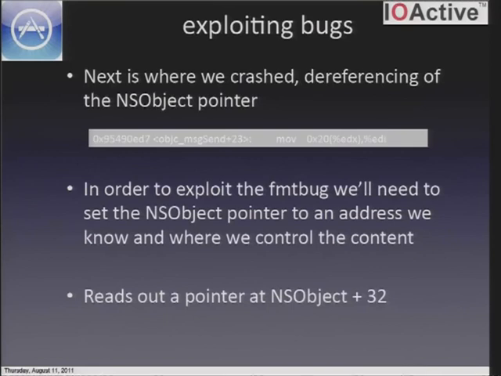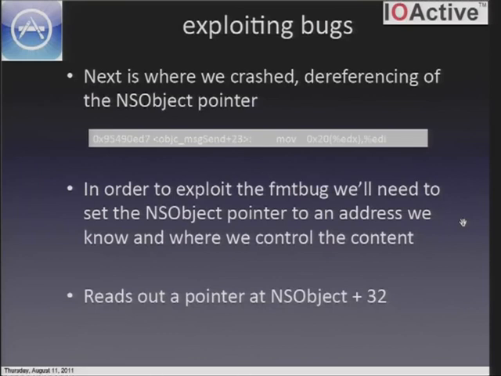This is basically where we crashed. They tried to dereference this pointer plus hex 20, and they tried to read a value out of it. This is the actual pointer in this object, and this is why we saw the 0x62626282, because of the addition of the 20 to it. So in order to exploit this, that pointer needs to be changed,